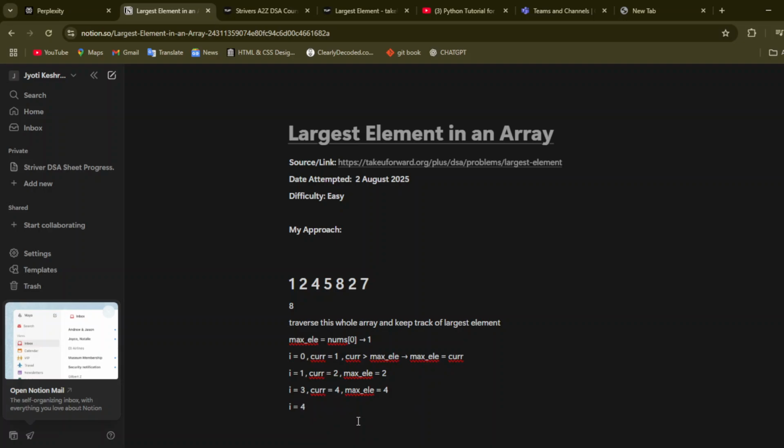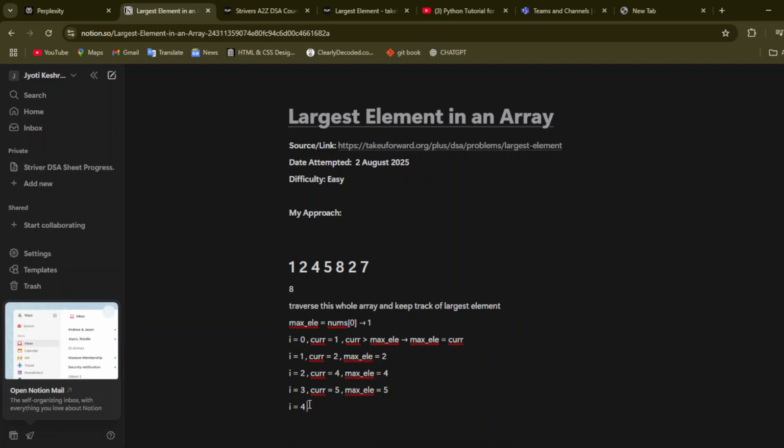Sorry, it should be the second iteration, not the third. Sorry for the confusion. Now the next current element is 5 and my max element is 4. Is my current greater than max element? Of course. So the max element value will now be 5.